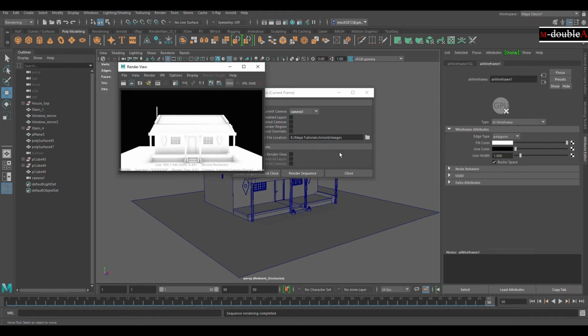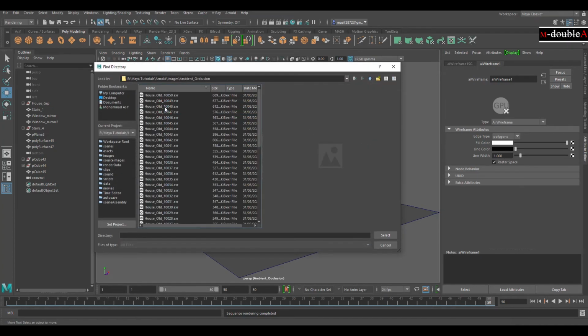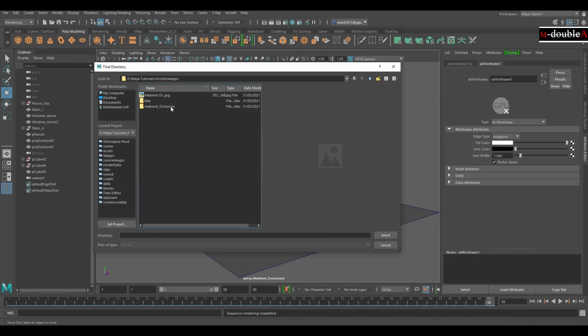I will show you in the file where it is rendered. Okay, just click on this file folder. You can see ambient occlusion. You get the whole ambient occlusion file, an ambient occlusion folder that is created automatically.